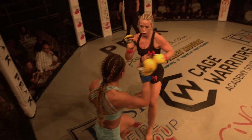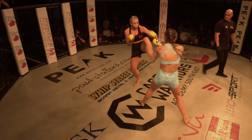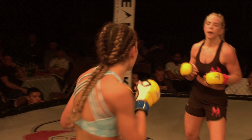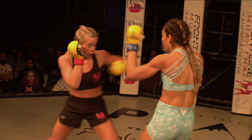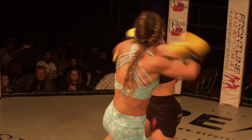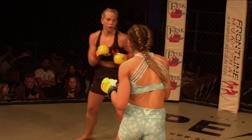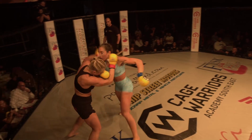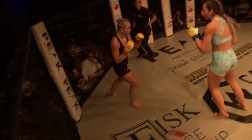The heavy head kick there. Front teep up the middle. Bouncing in the middle of the cage is Jennifer Ankerud, and Lisa Zimmo skirting through the outside. Happy to exchange in the middle of the cage now. Big body shot eaten by Zimmo, but then she answers with a couple of punches and forces her opponent up